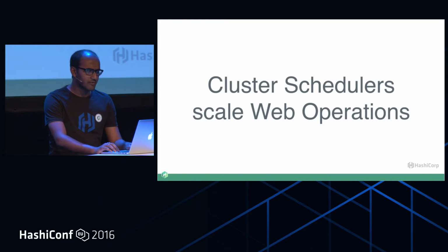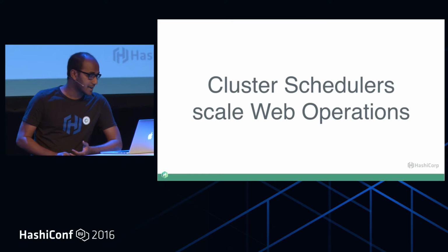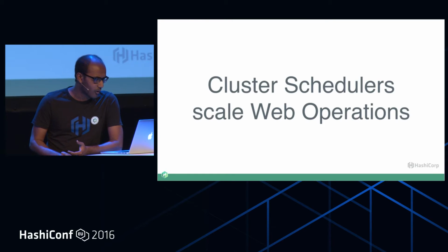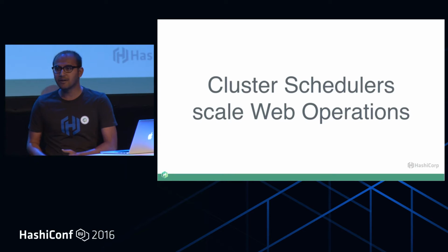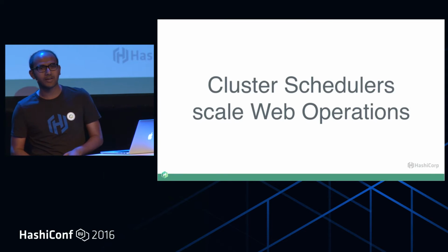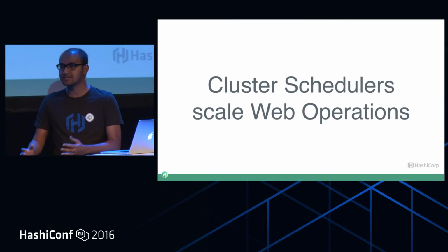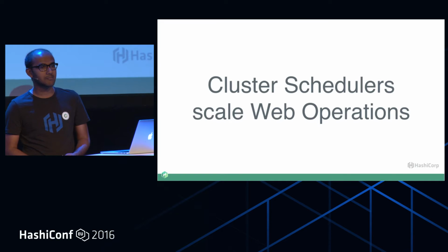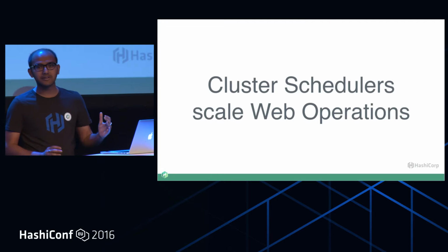So the main theme of this talk is how do cluster schedulers help in scaling operations? Web operations, I think, have come a long way in the last decade. From writing custom scripts to doing Puppet and Chef, early 2008, 2009, we have come a long way. We are no longer talking about deploying a server or a couple of servers using configuration management. We talk about deployment with respect to clusters now. When we deploy something, we talk about deploying a whole cluster. When we are debugging something, we debug a whole cluster. So web operations have come a long way.